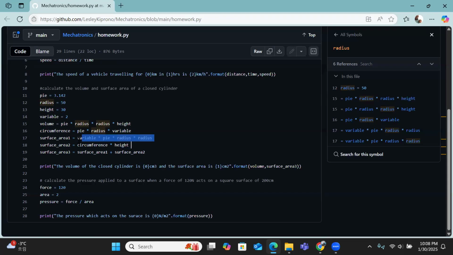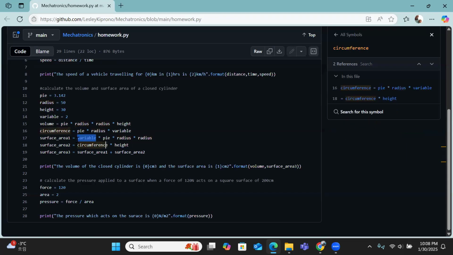So you don't need to make a variable here. You just do 2 pi r squared for the 2 circles. It will work, but you just apply the mathematical formula the way it is. Then you print the volume